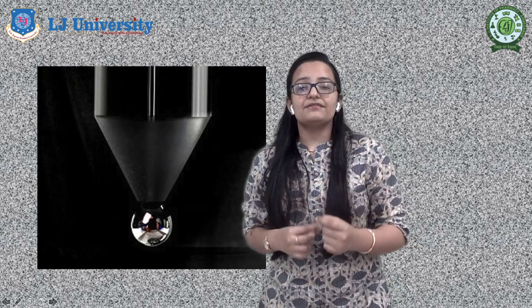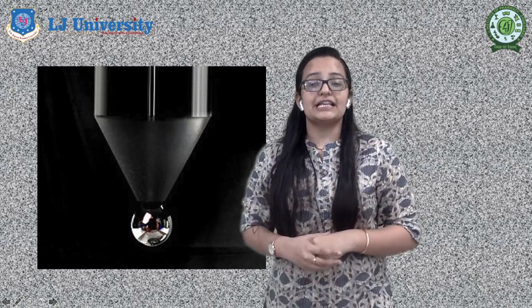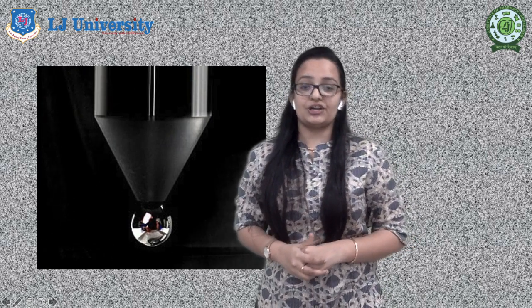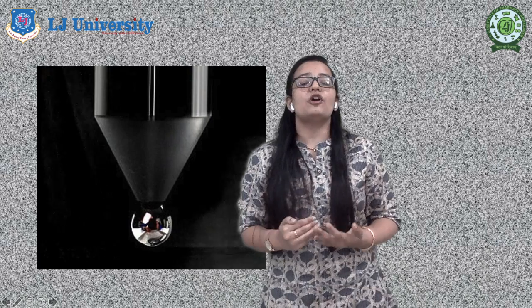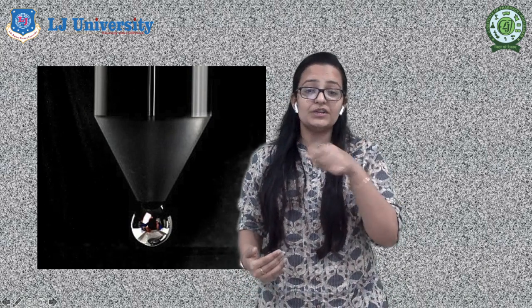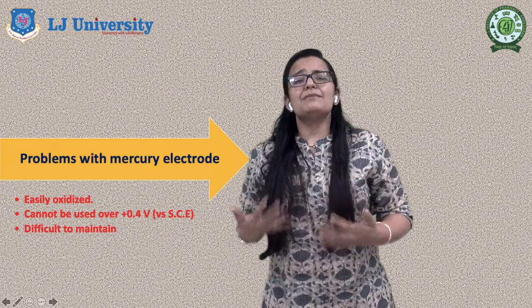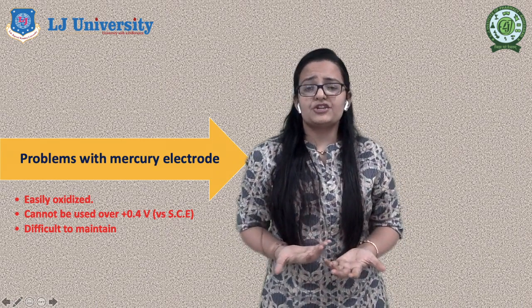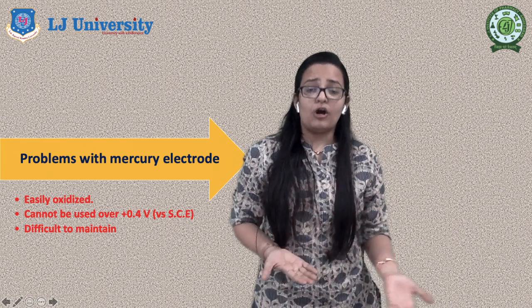At a platinum surface, reduction of the solvent is expected to compete with reduction of many analyte species, especially in acidic solution, but there is a high overpotential for H+ reduction at the mercury surface. Therefore, H+ reduction does not interfere with any reduction. Some of the problems with the mercury electrode are also evaluated.